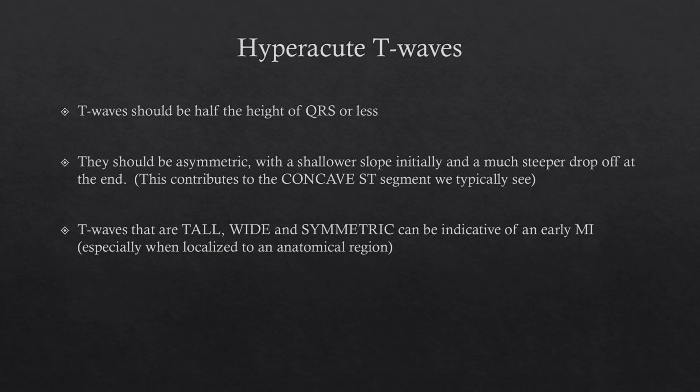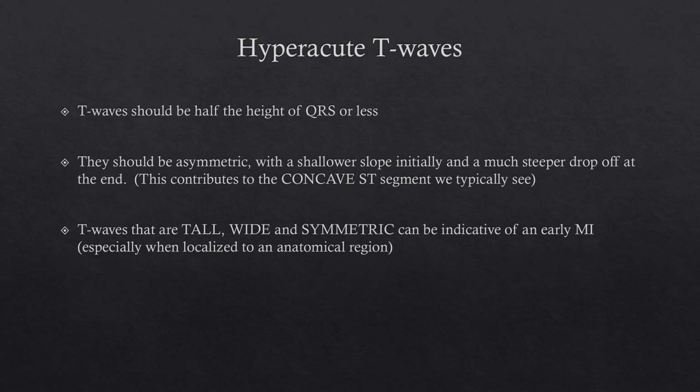So far we talked about ST elevation, we talked about ST shape. Now we're going to add in hyperacute T waves. And this is another great ECG tool because it happens early. The ST elevation typically doesn't start to manifest until around 30 minutes to 2 hours after onset of the occlusion. Hyperacute T waves along with ST shapes are kind of those first warning signs. Again, there are some T wave changes that are not actionable. We'll talk about that in a little bit, but most of the time hyperacute T waves are just going to warn us that we might be dealing with that occlusive MI